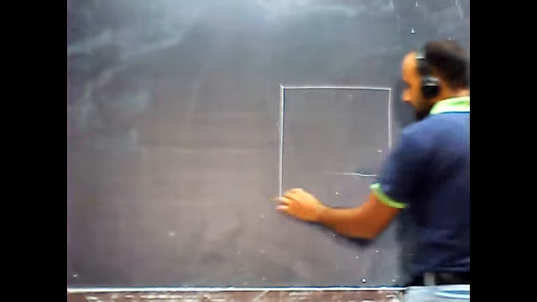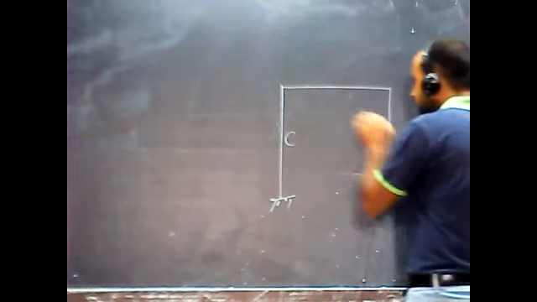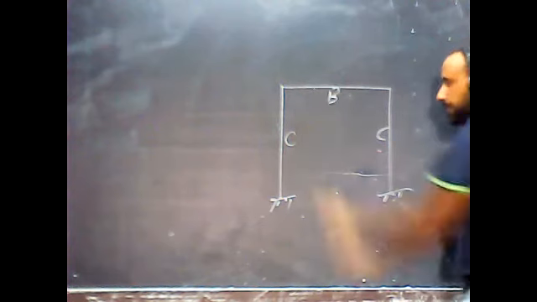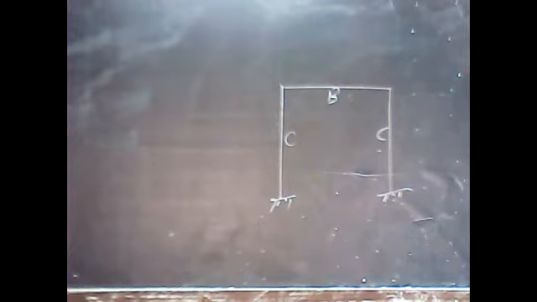Now, next, let's take the frame again. So this is a fixed frame structure. It's a very simple frame structure. A frame structure has components of beams and columns. As you can say, these verticals are columns, and this is your beam. So in this case, how do we calculate the static indeterminacy?